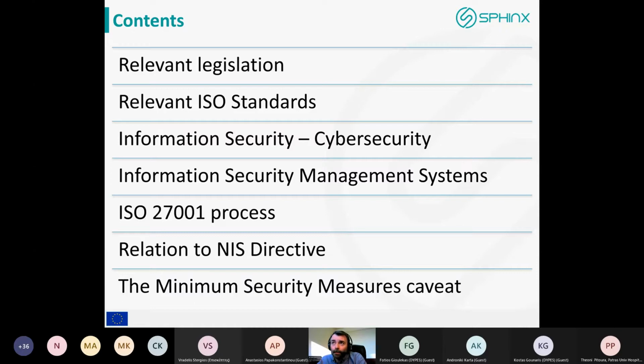We are going to talk a bit about what information security is and what the difference between information security and cybersecurity is, what an information security management system is, what's the process towards 27001, and its relation to the NIS directive. And we will end with a question that needs to be raised in each organization regarding what compliance to the minimum security measures is. So